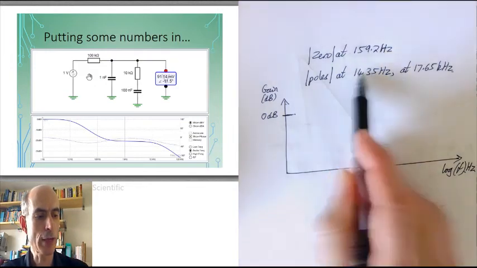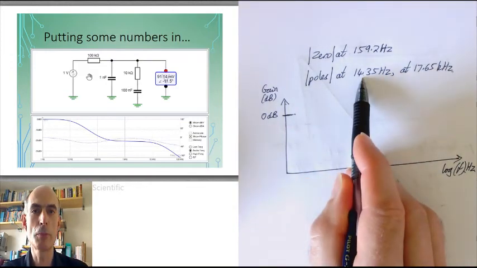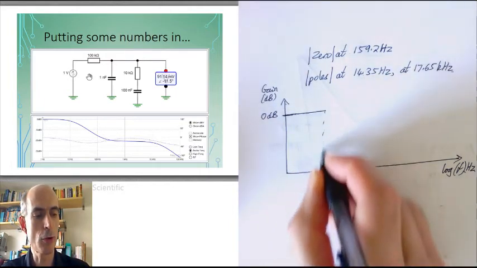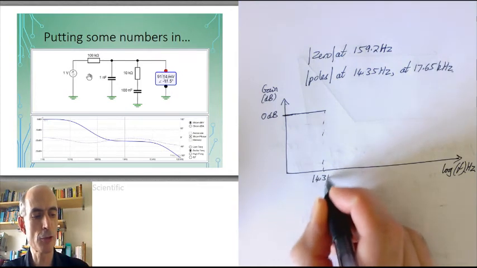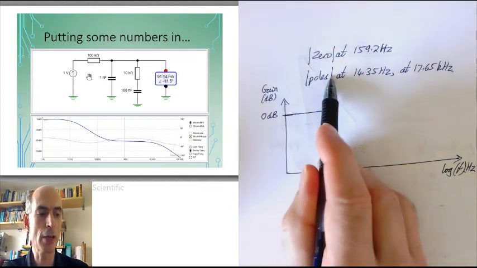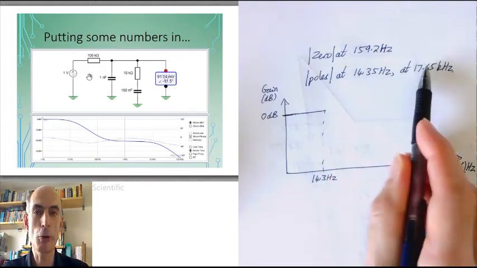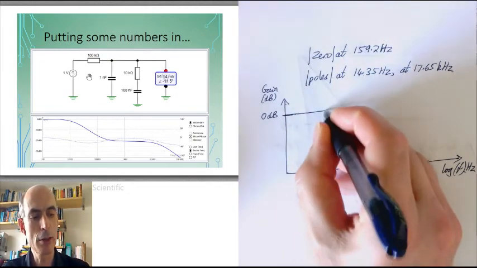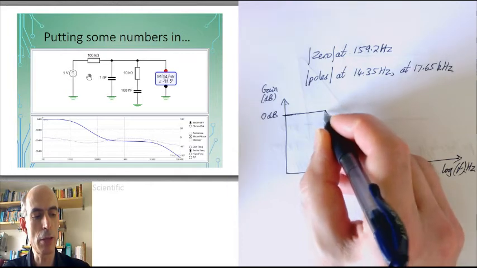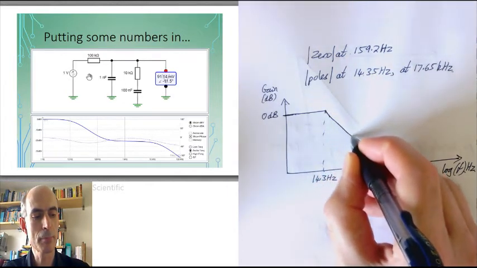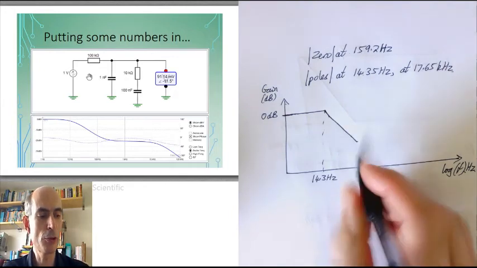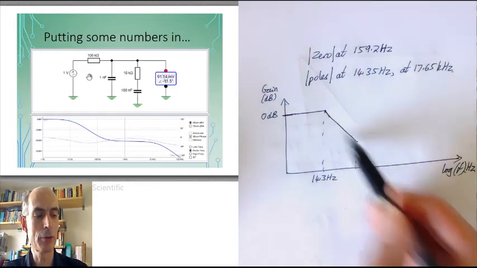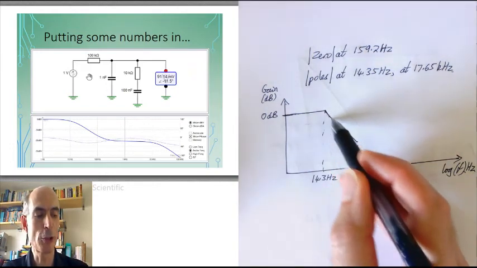The first one that's going to have any effect is this pole with the lowest break frequency. So the Bode approximation would say we go out to 14.35 hertz, and then this pole will start to have an effect. The zero and the other pole are not having an effect yet, but this pole is. And this pole will be pushing the amplitude response down by 20 dBs per decade. And will continue to do that until you get to the next break frequency. Well, actually, it will continue to do that forever, but the graph will continue to go down at 20 dBs